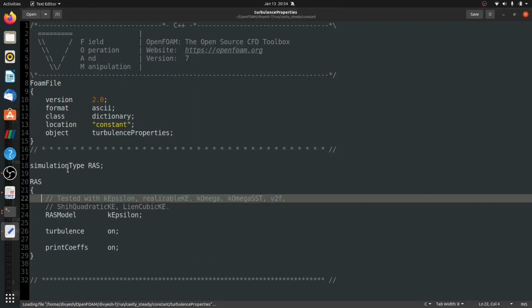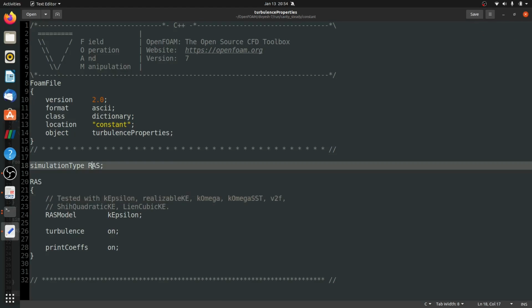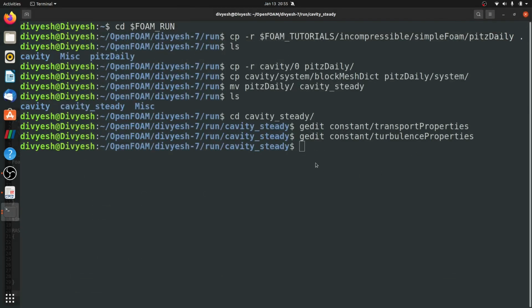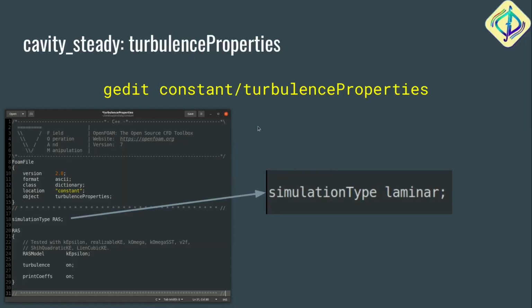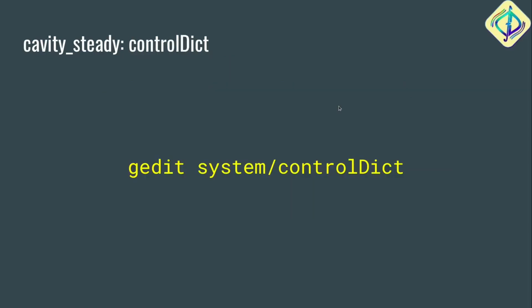And here in simulationType, instead of RAS, I'll type laminar. I'll save the file and close it. Okay, so now we have already set up the constant folder, the constant parameters.